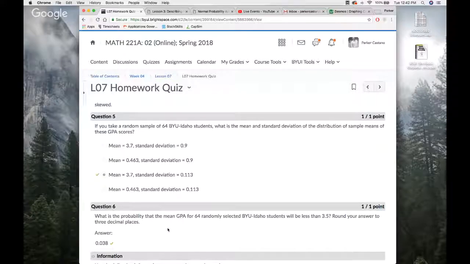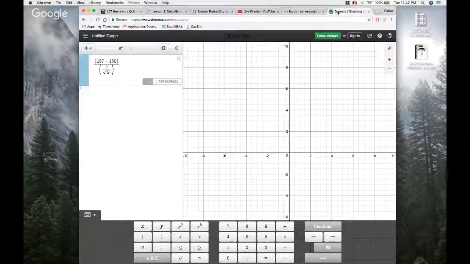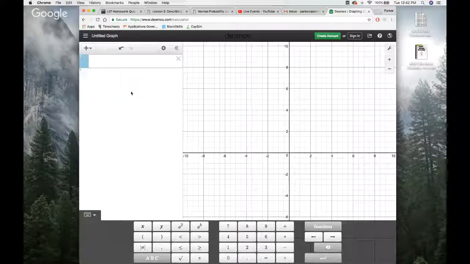And I was nowhere, because is that the 3.5? Is that a different sample size, or how does that work? Yeah, so what you'll do is here you'll say, okay, so my mean is 3.7, my standard deviation is 0.9. So you'll come to Desmos and clear this one out and you'll do 3.5 minus 3.7 divided by the standard deviation, 0.9, divided by the square root of 64. You get negative 1.777. So then you come here to your probability,